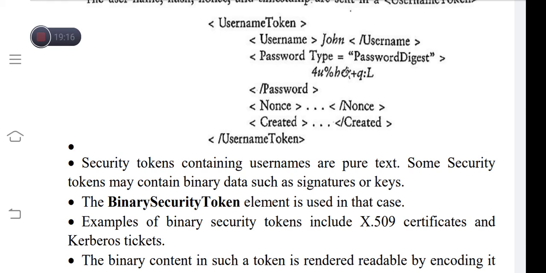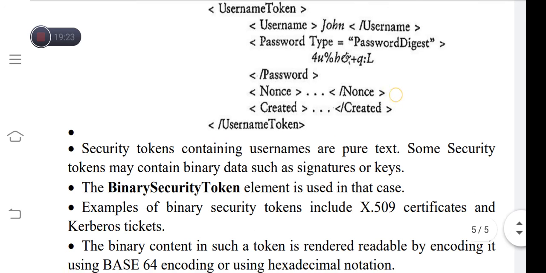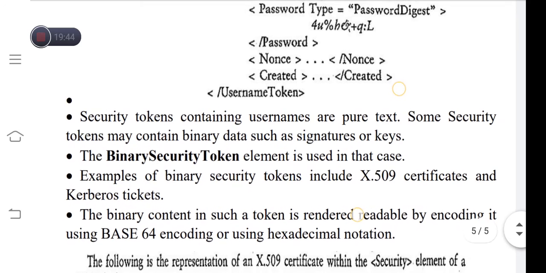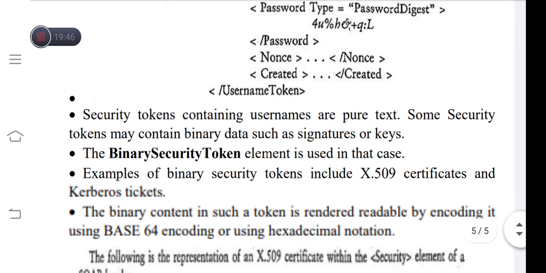Here we are seeing just the username and the password, but we can also include binary data such as the signatures or the keys. If you want to include the signatures or the keys, we can make use of them inside the element known as binary security token.